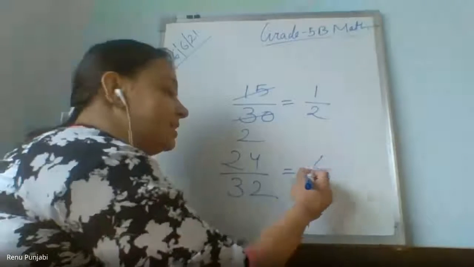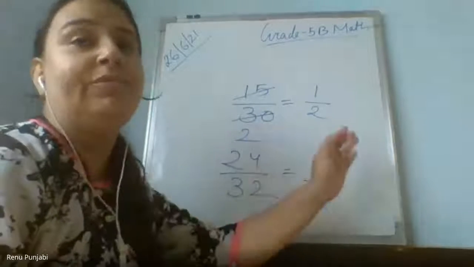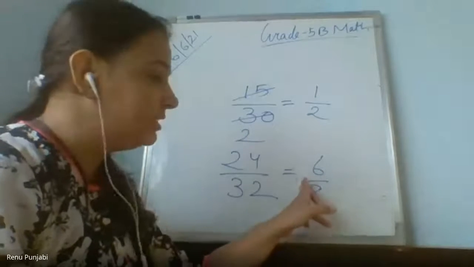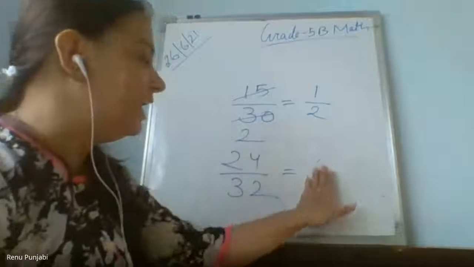Because when you take 6 upon 8, then they are also coming in one table. Then again we have to do it into the short, because 6 is coming in 2 and 4 is also coming in 2. So better, instead of going the small tables, better go with the big table which is...